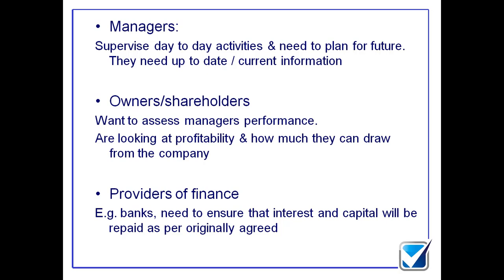So what we do within a set of financial statements is you have a statement of financial position, also known as a balance sheet, which says, this is my current position. So this gives me a list of all the assets and liabilities. Then you've also got a profit and loss account, also known as an income statement. And what that does is it tells me the profits or losses over a period of time. That gives me a performance statement.